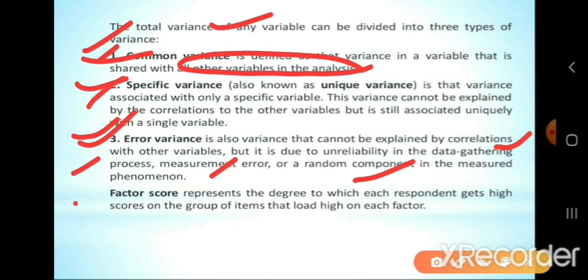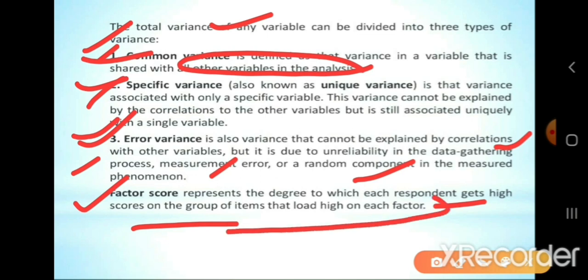Next term is factor score. So the factor score represents the degree to which each respondent scores high on the group of items that is loaded on each factor. Okay,